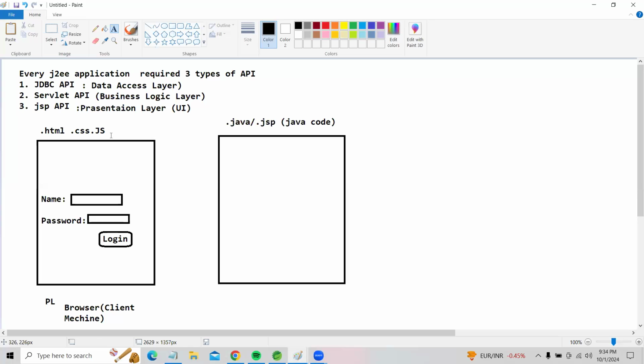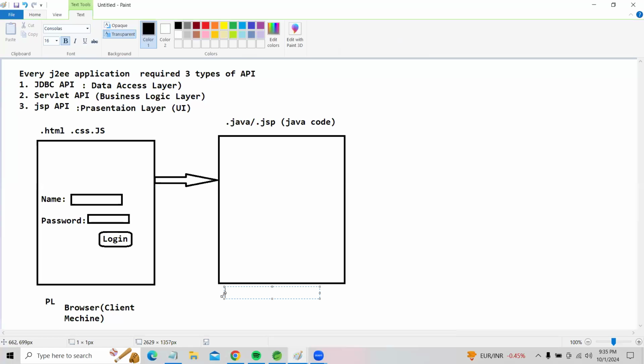Your Java code takes the user input values. So this second box is nothing but our business logic layer.